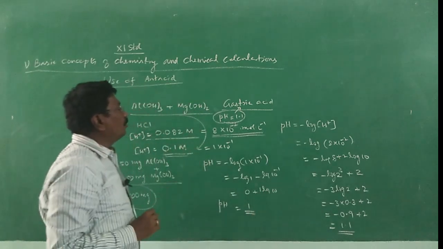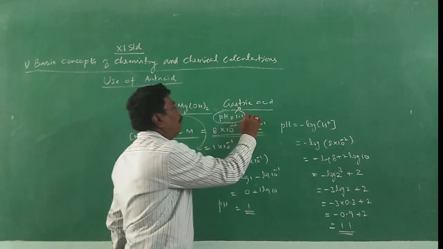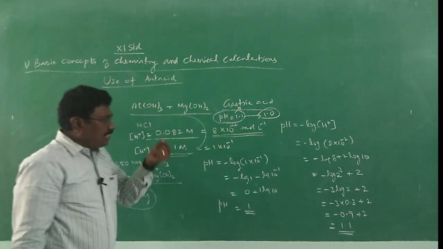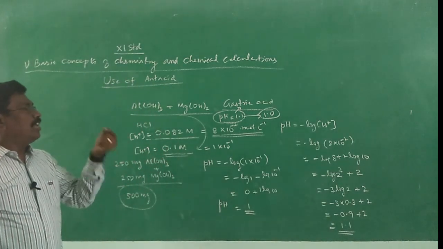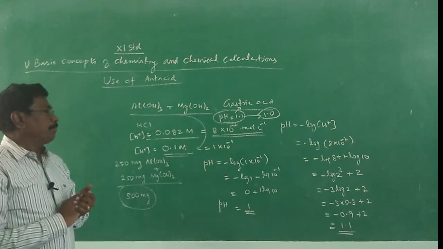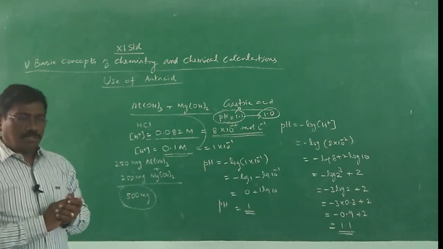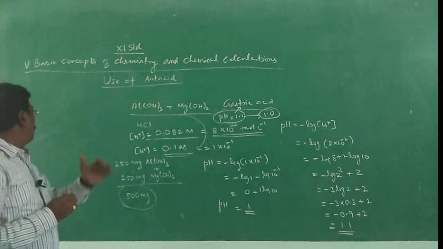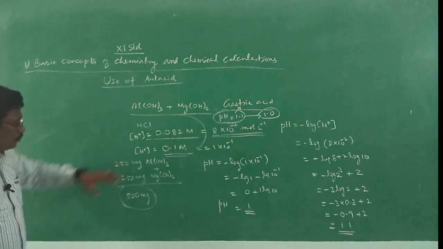When we started to feel acidity, the pH from 1.1 is reduced to 1. That's all. Just because of the lowering of pH by 0.1, we started to feel acidity. It has to be compensated. We have to overcome acidity. How? To overcome acidity, we started to use this tablet.